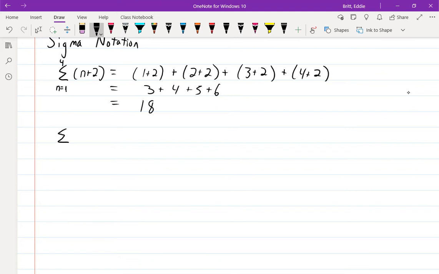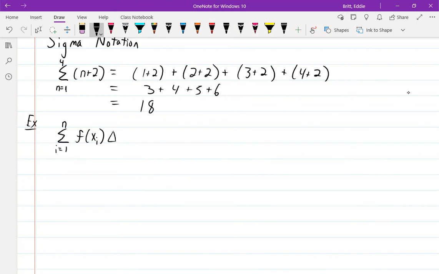Let's say I could write this summation, and you'll understand it a little bit more when we use it. Let's say I had the summation i equals 1 to n of f of x sub i